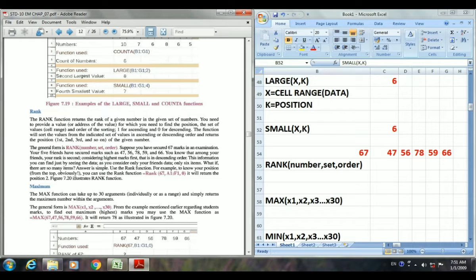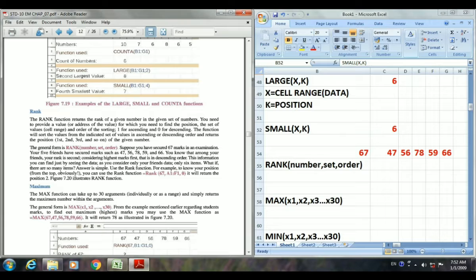The RANK function returns the rank of a given number in a given set of numbers. Suppose we have a set of numbers. Among them we select any one number, and then the RANK function will give us the rank of that value among all the numbers, meaning on which rank this number is.